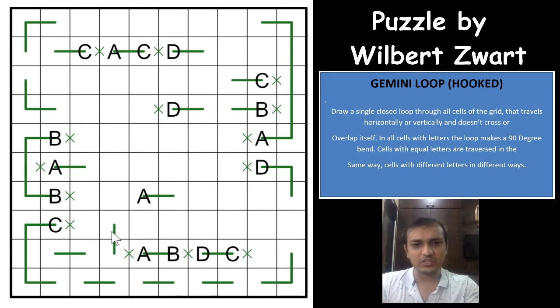So if you don't have a segment here, what happens here is that you have a cross mark here, and you'll have a segment here, here, and you again form a closed loop. So which means that you'll have a segment here as well, and same way you'll have a segment here as well. Excellent. So if you don't have a segment here, you use all the cells, and again you form a closed loop here. So you have a segment here as well, right? This is a cross mark, and again you'll have a segment here.